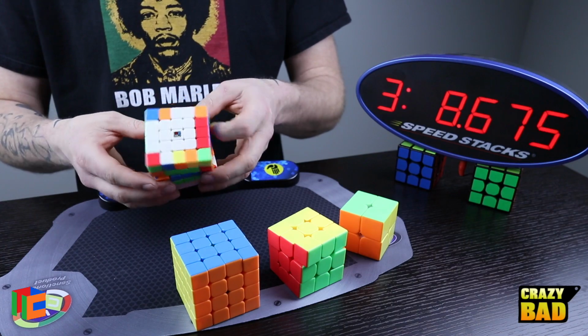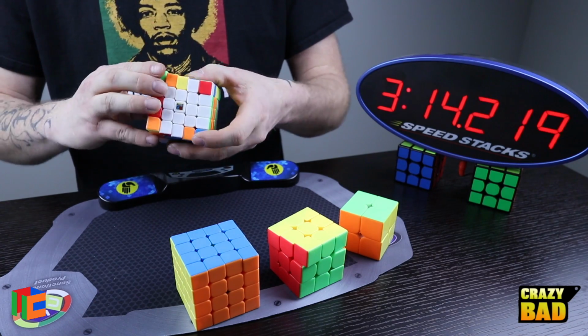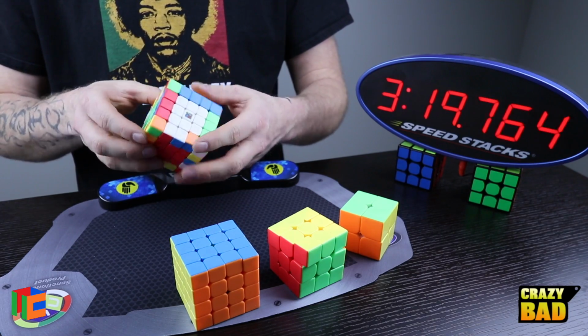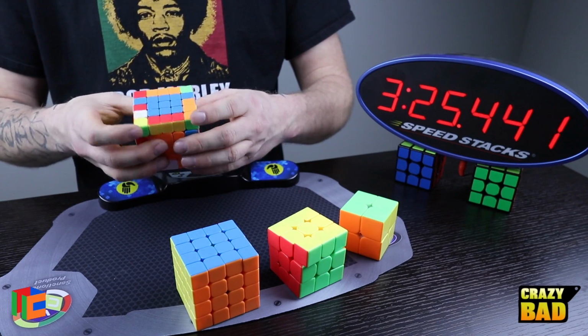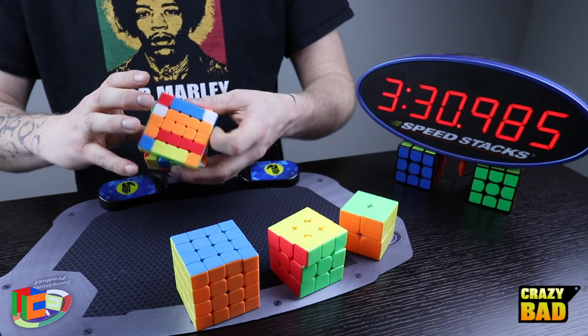Now, as a beginner cube, it's very, very good. The inner layers on this one, though, are phenomenal. It's a really good cube for doing your centers. But when it comes to your 3x3, it's not that great. But I think that if you're a beginner cuber anyways, you're not going to be able to 3x3 this thing